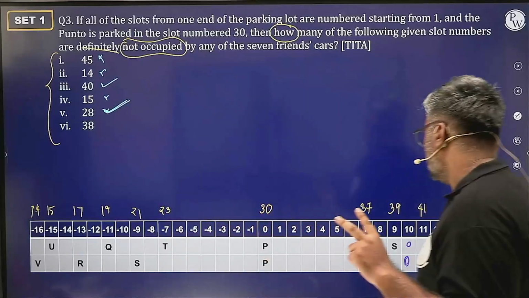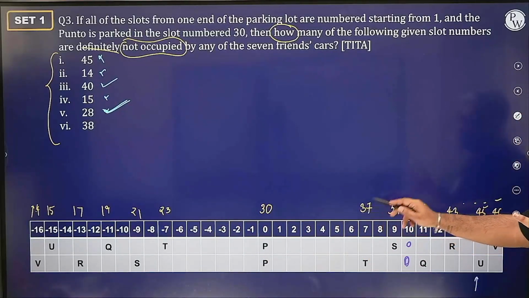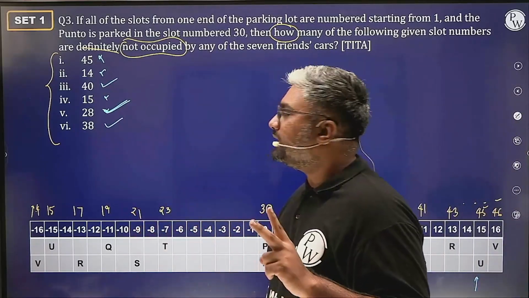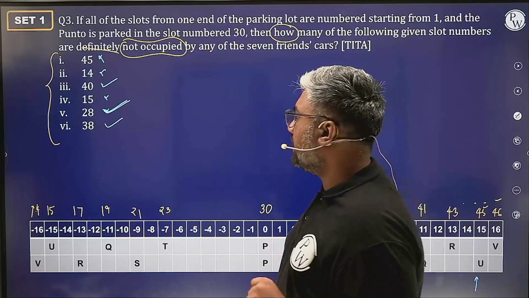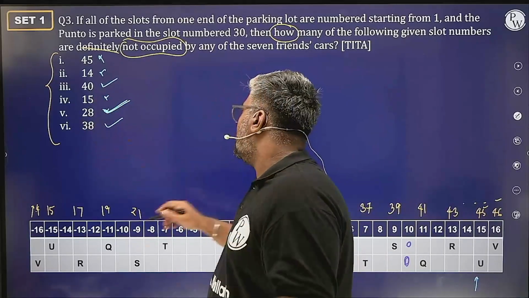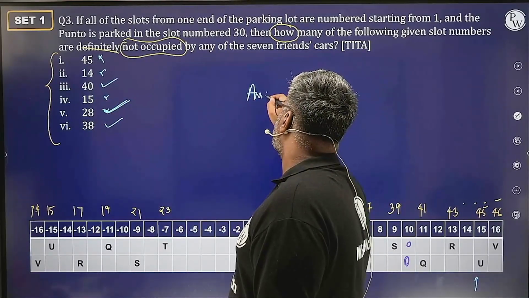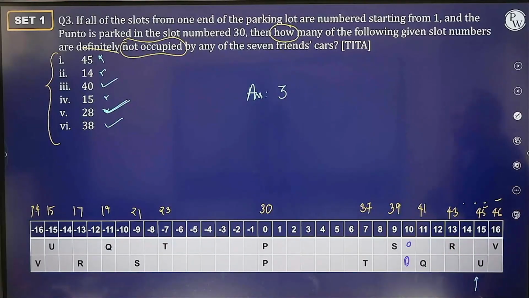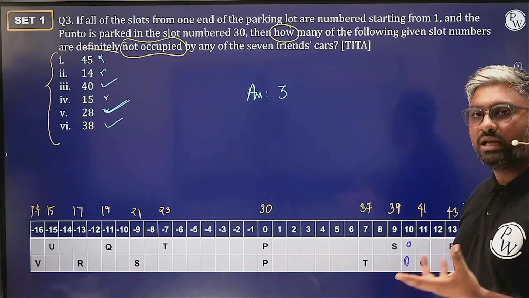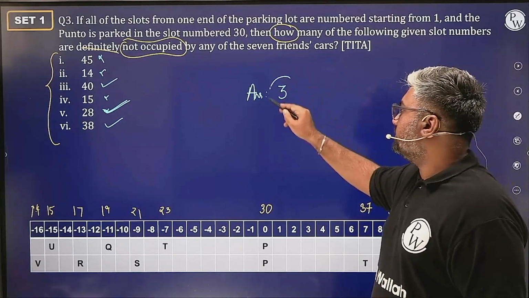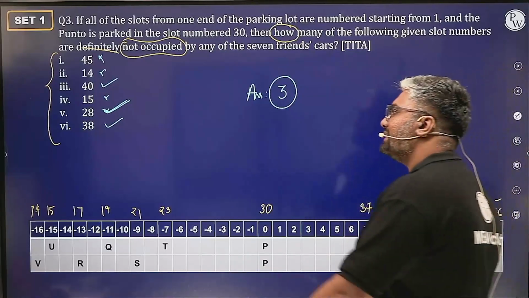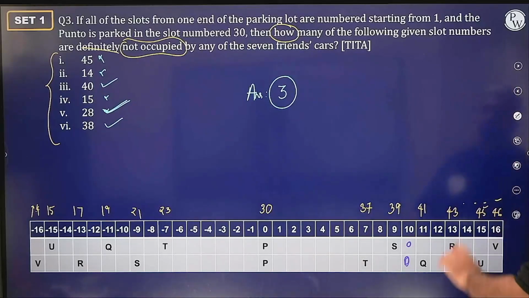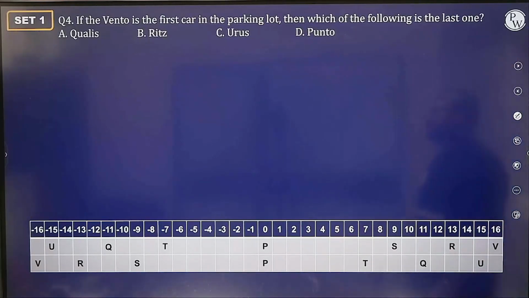व्हाट अबाउट 38 जी हाँ, 37 फुल है, 39 फुल है, 38 भी एम्प्टी है। सो हाउ मेनी डू यू सी एम्प्टी, डेफिनेटली एम्प्टी, दोनों केसेस को मिला के 40, 28 एंड 38। द आंसर टू दिस क्वेश्चन वुड बी 3। डन। ये टीटा क्वेश्चन है, टीटा क्वेश्चन में हमेशा यू कम अक्रॉस विथ न्यूमेरिक टाइप क्वेश्चंस, आंसर हैज टू बी 3। डन। इनमें से 3 ऐसे स्लॉट नंबर्स हैं जो पक्का खाली होंगे। कूल।